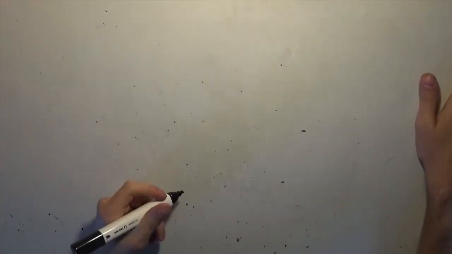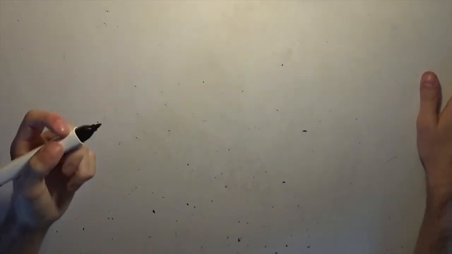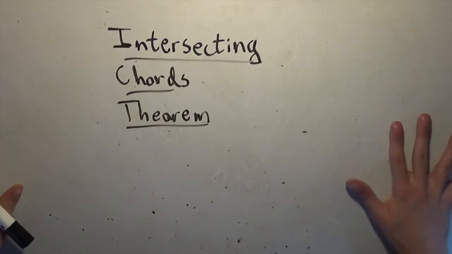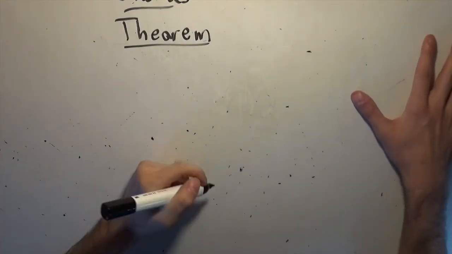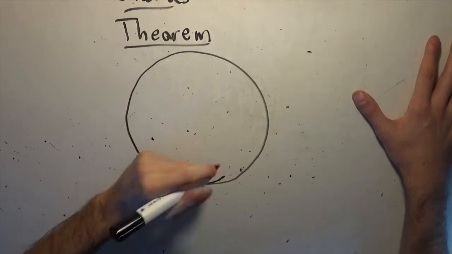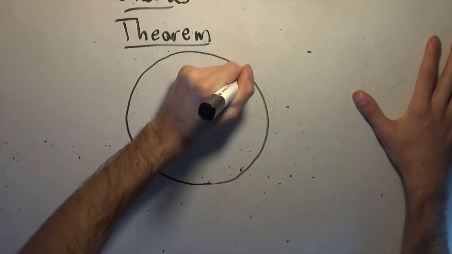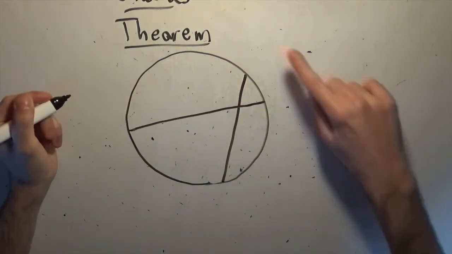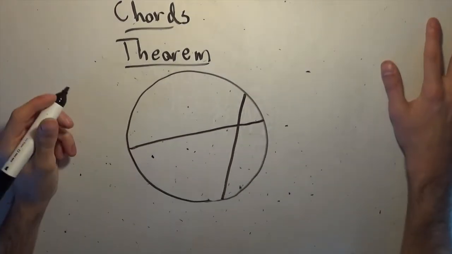So, the inscribed angle theorem is a lovely statement about circles. I keep saying inscribed angle theorem. The intersecting chords theorem is a beautiful statement about the geometry of circles. It simply states that if you have a circle and two chords inside that circle, which intersect, as per the name, intersecting chords theorem, and you